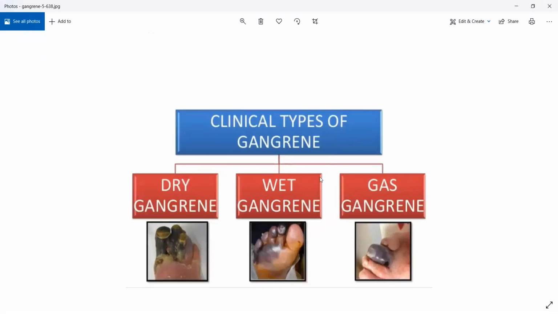Now, this is a little graphic, so if you are squeamish, please be careful. In gangrene, the first type will be dry gangrene. Dry gangrene essentially occurs in, see, most of these gangrene will occur in lower limbs, distal parts of lower limbs. So here, the direct example is toes. More often than not, it will occur in distal parts of lower limbs, sometimes distal parts of upper limbs as well, right? Fingers or toes.